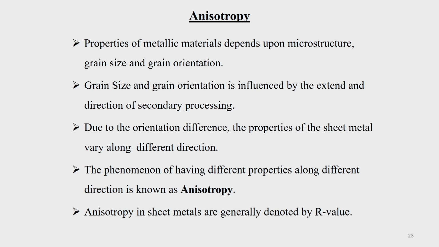But ultimately, when you look at the structure, you will find that what decides the properties of the material below the equiviscosity temperature is the grain size and the grain orientation. So, the higher the deformation which you have given, the finer will be the grain size. Finer means smaller size. Okay. Coarser grain means a bigger size. And you will find that the grains are oriented along certain directions.